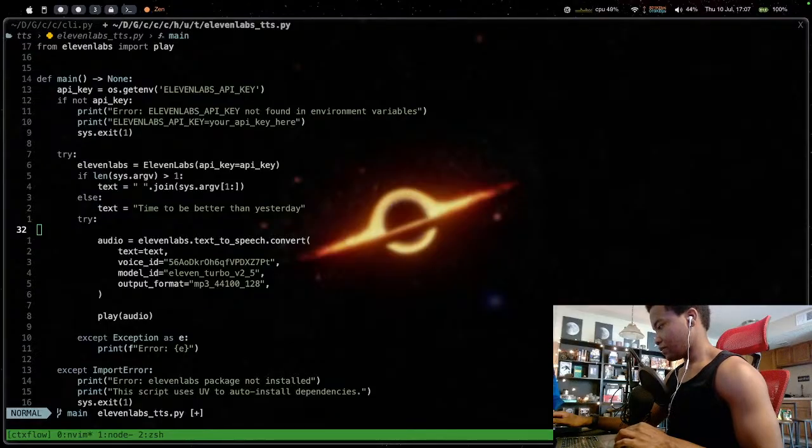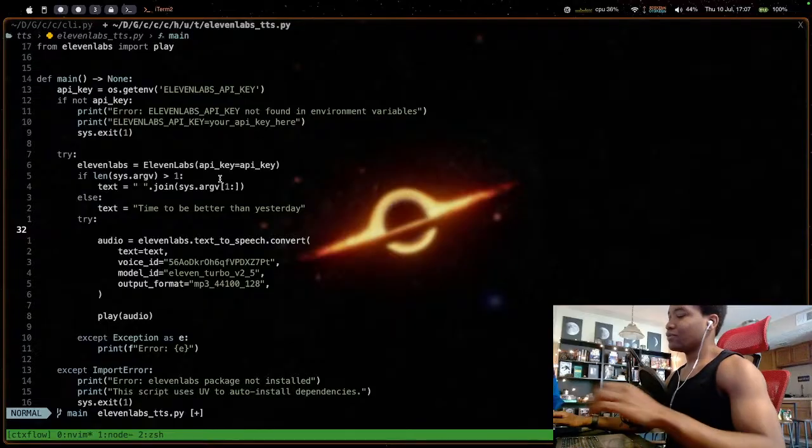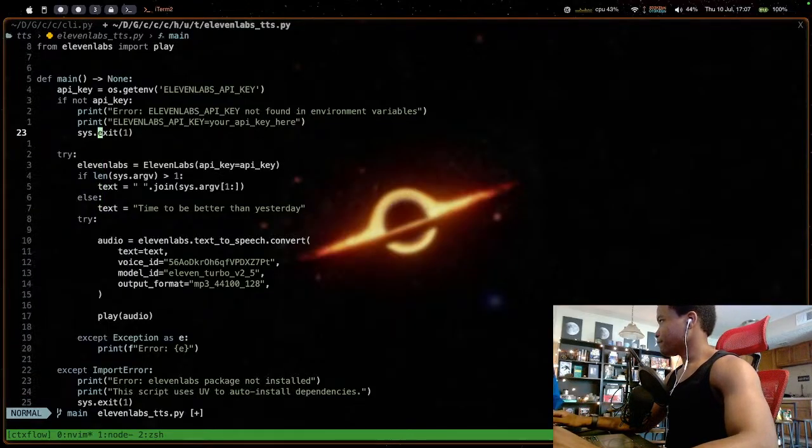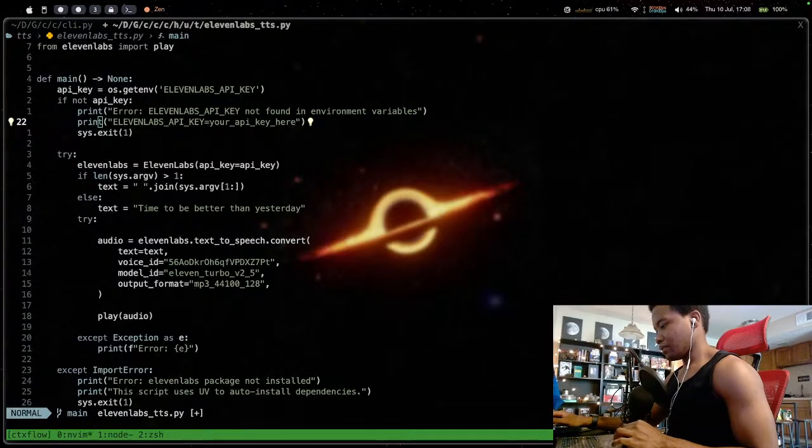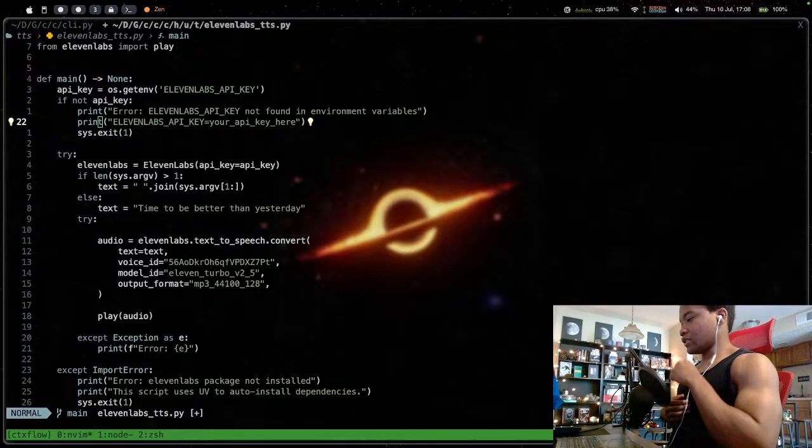I wonder, I'm thinking about using polars instead of pandas, but I haven't used polars yet.